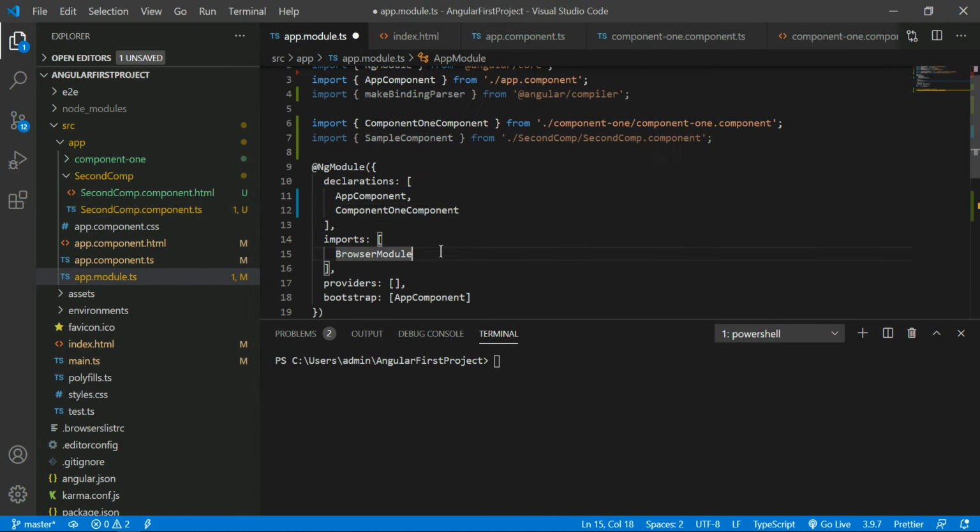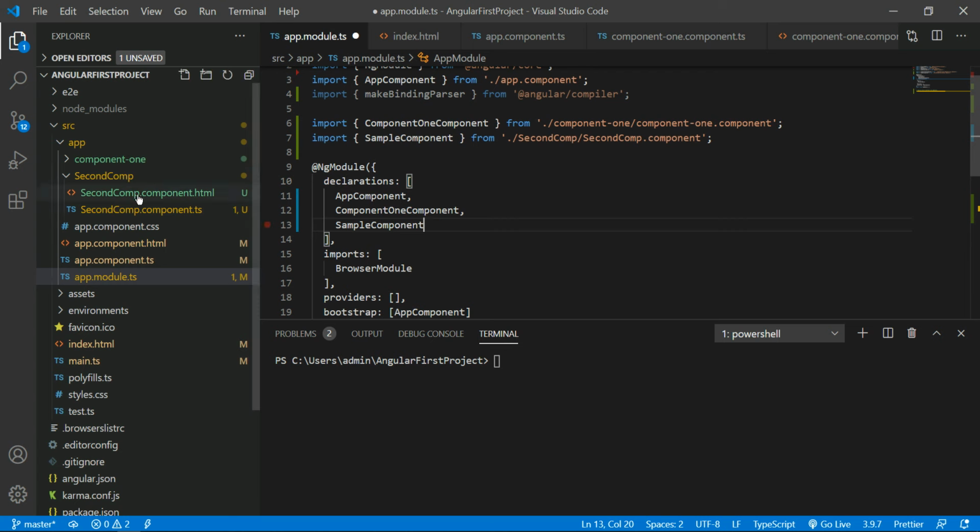Now I need to register this sample component like component 1. So the first step is I created the second component, and the next step is I registered that second component into the app module section, after that I declared.